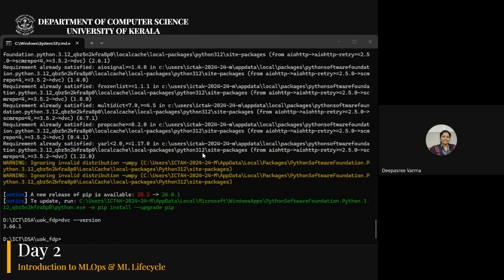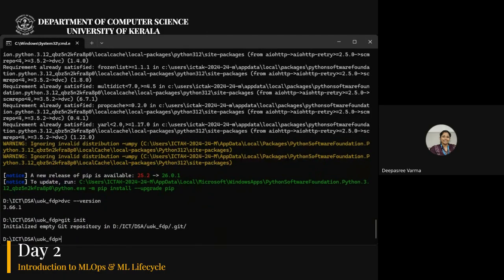So the next thing we'll be doing is git init, to initialize Git. Now there is an empty repository. We have not added anything.